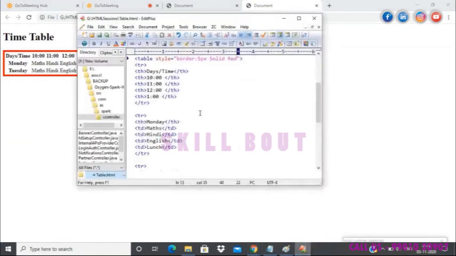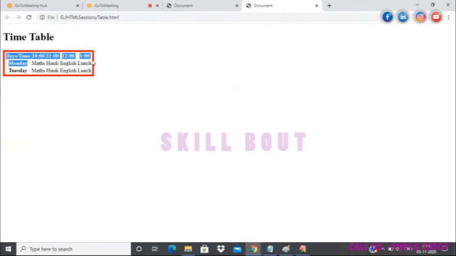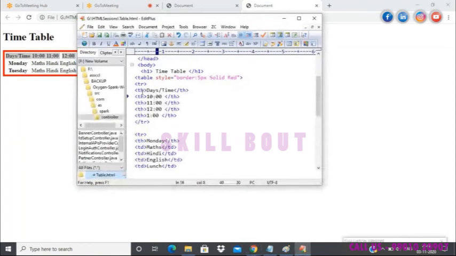So what I have to do, see, this border will not be available for rows, because as I said, a row is just the creation of a space. If you provide the border, it will not give the border for the rows that you are creating, because it will just make the space available and wait for the content to be added. Only then you can add the content using the other tags, like the th tag or td tag.